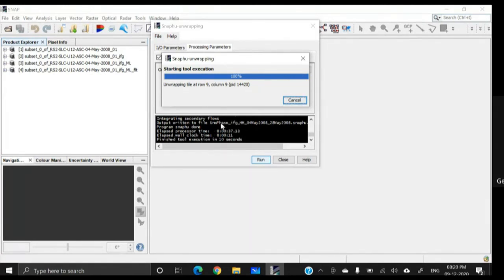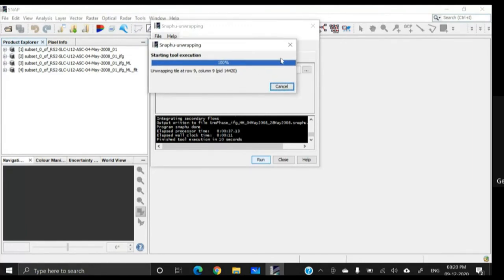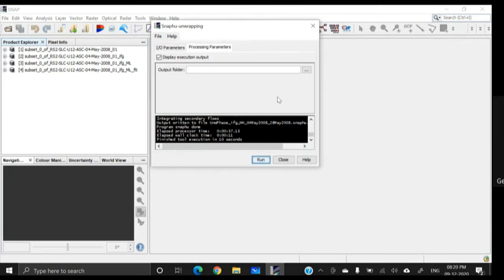That means it has been executed properly without any error. Still, here we have the cancel button. We do not have an OK button. Anyway, just click on cancel. It has completed 100%, and we do not have any red color text, which means it has been completed properly. Just click on cancel, and click on close.